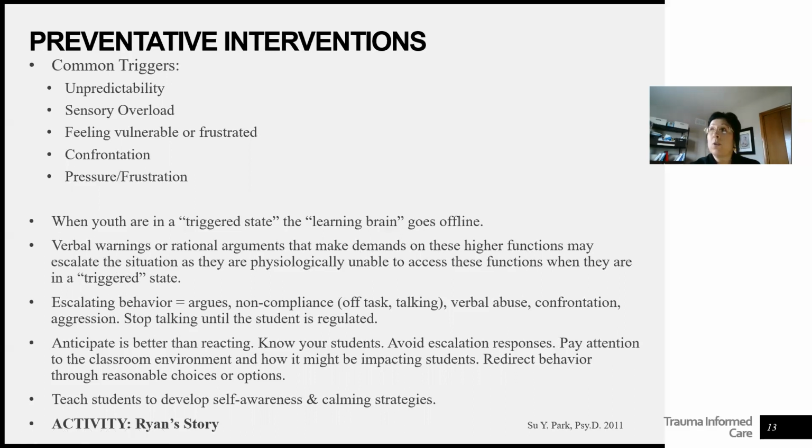So if you Google YouTube, the hand model of the brain, I teach my students in elementary about the hand model of the brain, and when they flip their lids, then the upper brain upstairs and the downstairs brain is not talking until they calm back down and are able to make rational decisions and choices. So there is a very good visual for that, and even my kindergarten students understand the upstairs brain, the downstairs brain, and how they have to use calm down tools to get back online.